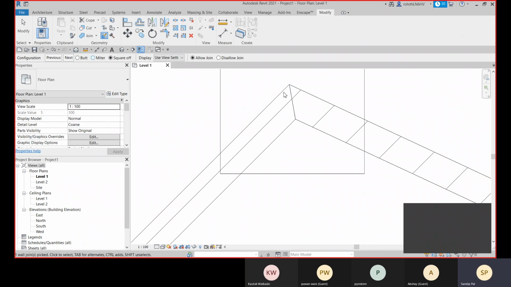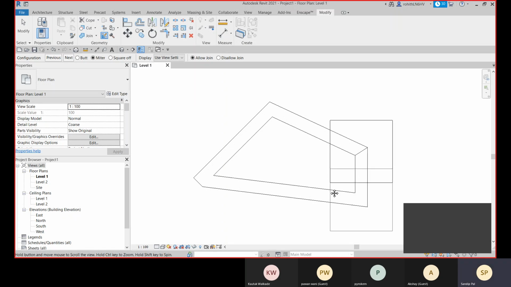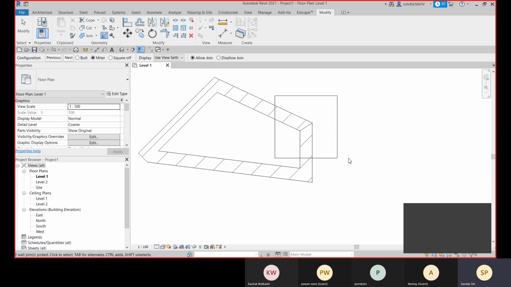You can make it a miter joint, or else you can give it a butt joint. And here also you can select the wall join option, click on the joint or the corners, and then choose the right type. So this wall join is selected, and click on this. When you place your mouse on the corner of your wall, you will get this box highlighted.